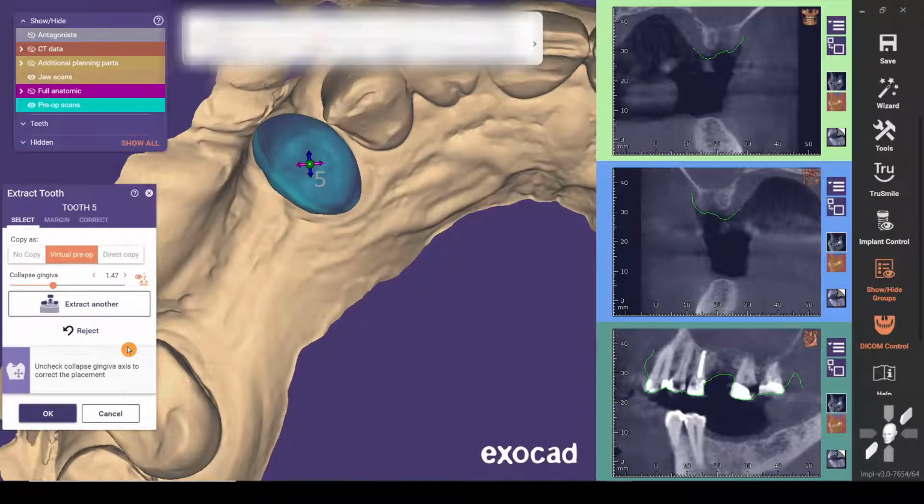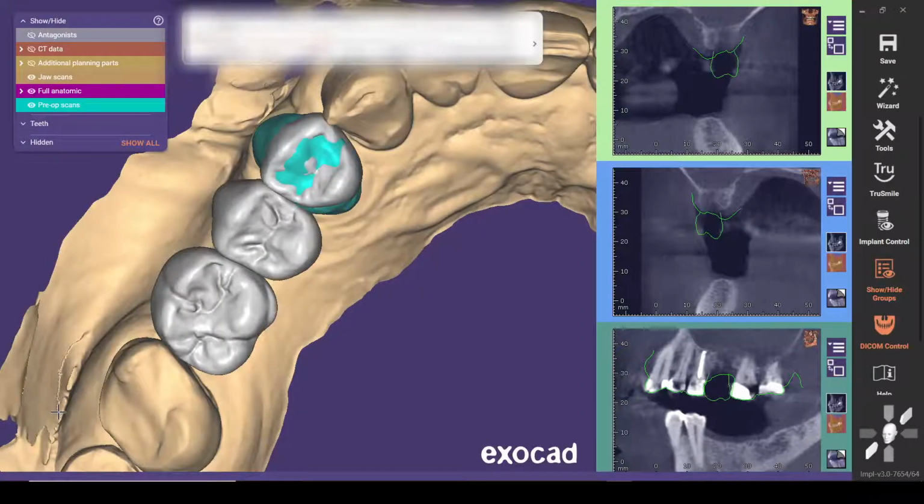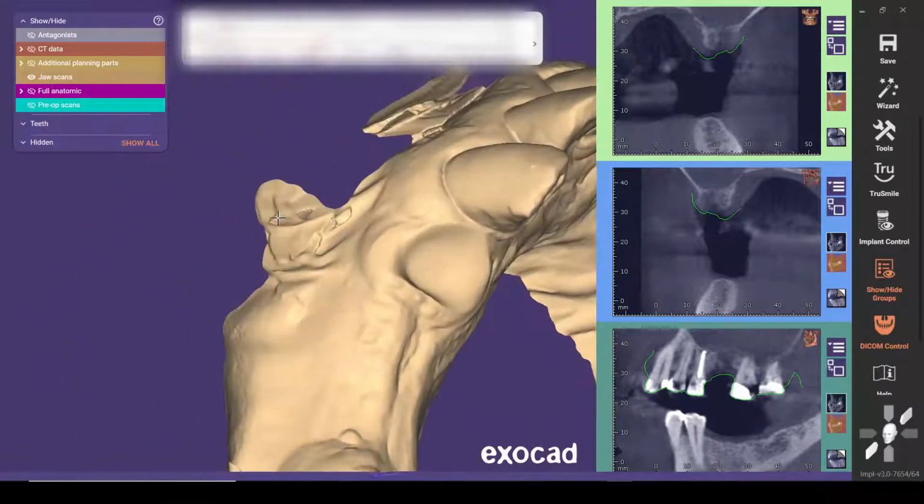And then if you wanted to extract another, you would click extract another. It would perform the extraction of this tooth, and then you could extract your other teeth. But since this is the only one we're extracting, I'm just going to press OK. And you can see here, there is our